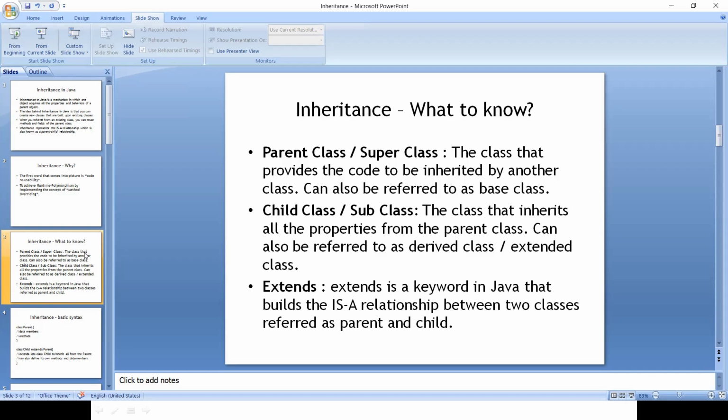That means class B, the child class, is extending class A, the parent class, and building an is-a relationship between both of them, which means class B has all the features, all the data members and all the methods that class A, which is referred to as a parent class, has. So this is the main keyword in Java code that technically talks about the inheritance between two different classes.